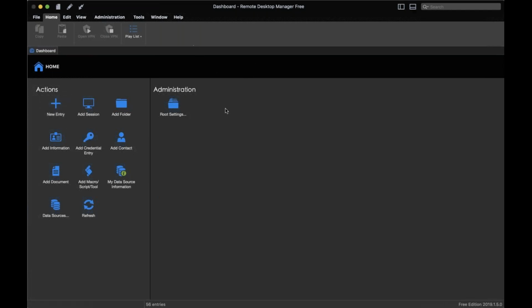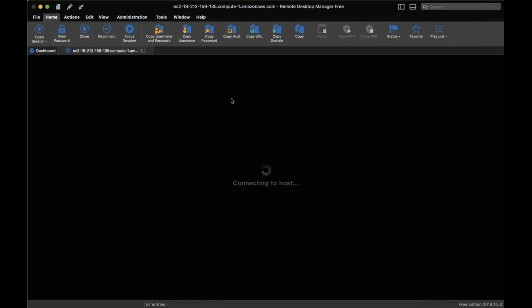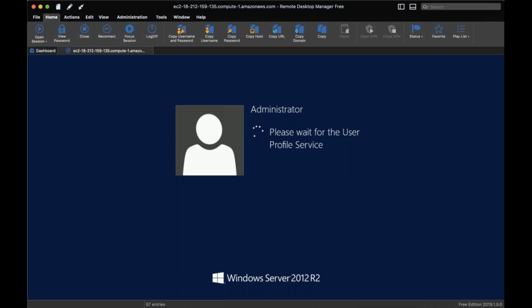Yeah, sorry guys. It's the app issue, okay? Paste, create, open session. Okay. Administrator, and the password is this. I think it's still loading. Yeah, there you go. So we see the Windows loading now, boot screen,